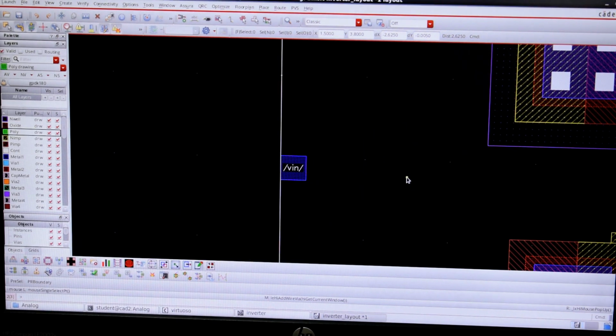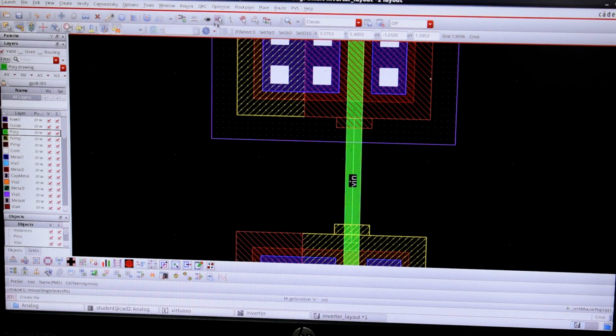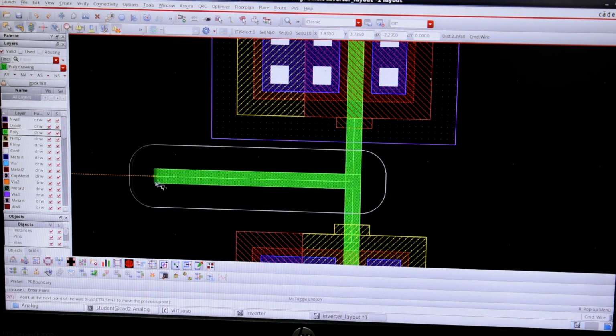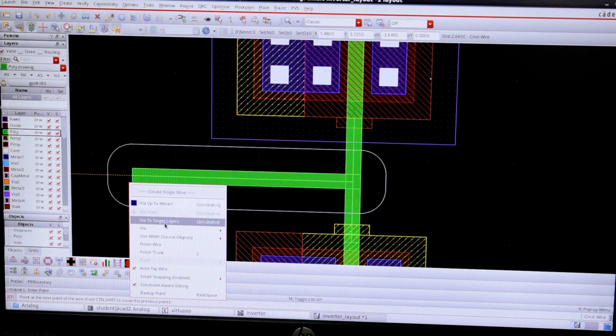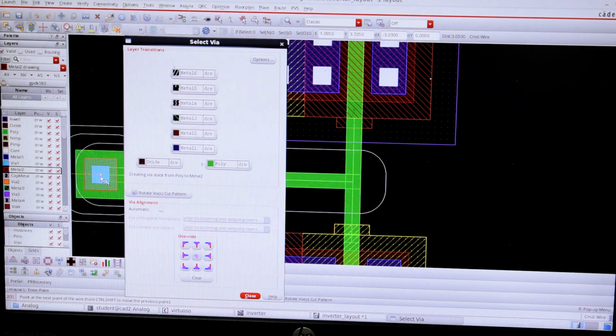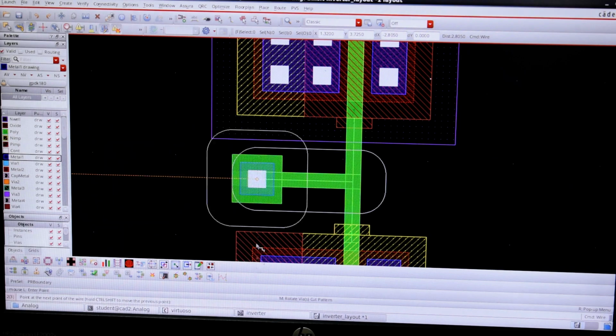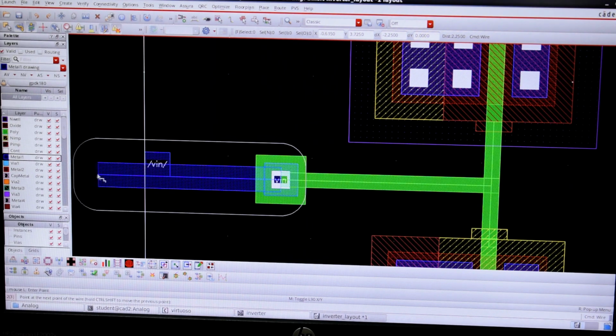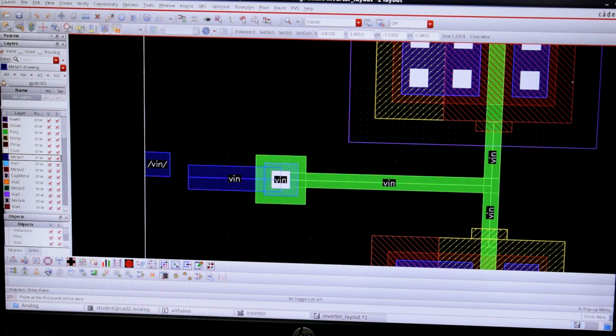I will repeat this step one more time. I will just extend my wire. Right click, select via. Then choose the material which you want to select. If you want metal 2, just select it and you will get metal 2. Here I want metal 1, just select metal 1, close it. Here I can drop it, and if I extend, you see I am getting this beam. Again I need to join this. If I join again some mismatch is there, this is also okay.